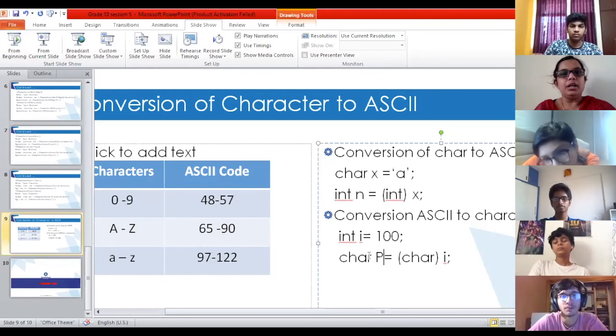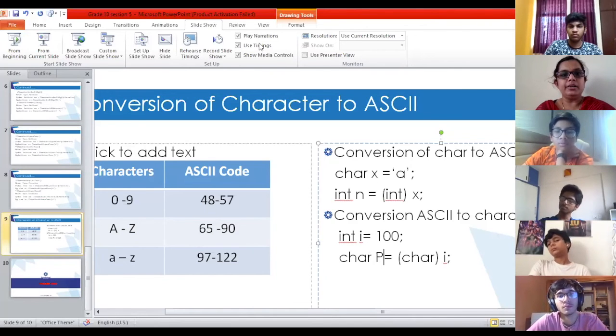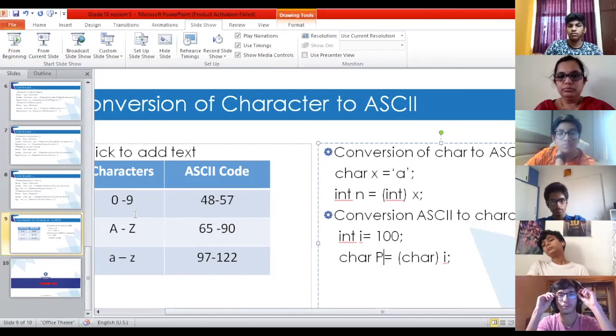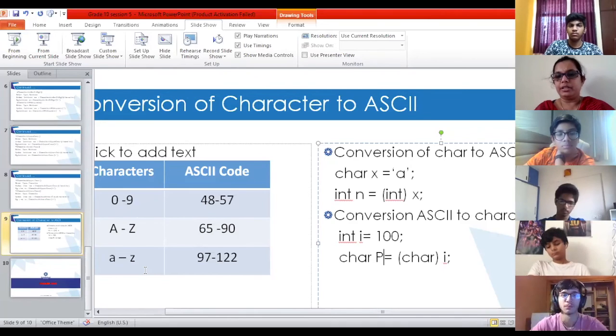This table you all have to learn, the one I have written on the left side, including the blank space, which is 32. From 0 to small z, you have to learn this.